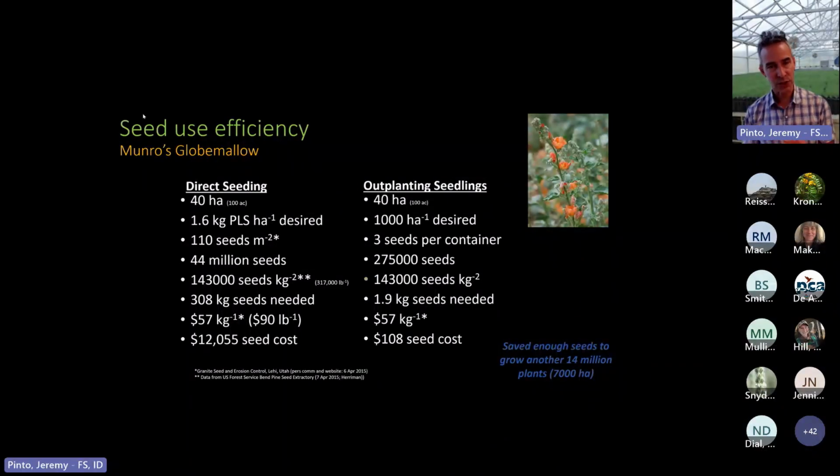You can start to look at the nursery application. Same amount of land, same amount of desired seedlings on the ground, but now you're optimizing germination instead of letting it just ride on the site as it is. You're optimizing the maximum germination rates, and you're sowing fewer seeds per container. You're using less seed at a certain cost per pound. In this situation, you're looking at using less than 2 kilograms of seed versus a couple hundred pounds of seed. So your seed cost not only goes down, your seed use